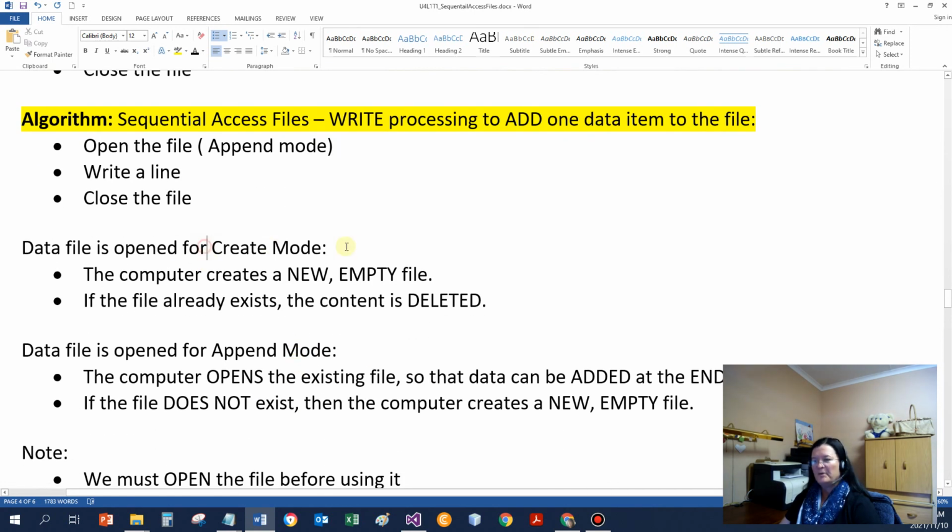Okay, so now what's the difference between create and append? In create mode, the computer will create a new empty file for me. So create means there's no file, whoop, create one for me. Do you remember, if the file already exists and I use create mode, then any previous content that might be in the file is deleted when I create the file. So we can say the previous